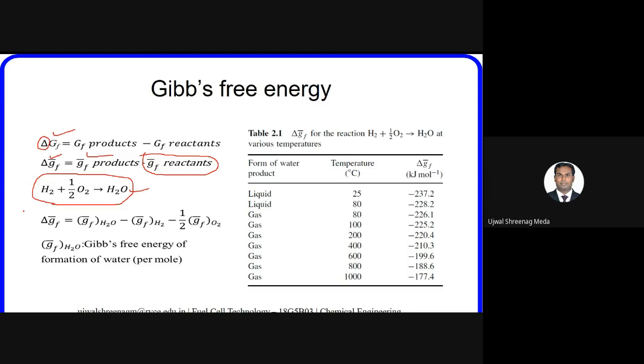If we want to find out the usable part of the energy of this reaction, we have to take Gibbs free energy of formation into account. It is the change in Gibbs free energy of formation that can be effectively converted into electricity. So how do we calculate that? We have to take the difference of Gibbs free energy of formation of products and reactants. In this particular reaction, what are the reactants? Hydrogen and oxygen. What is the product? Water. So there is a Gibbs free energy of formation for